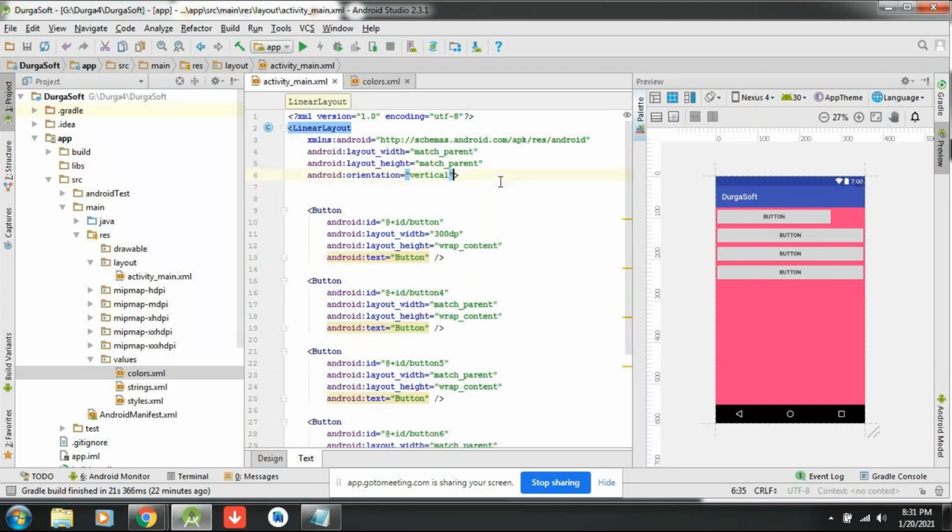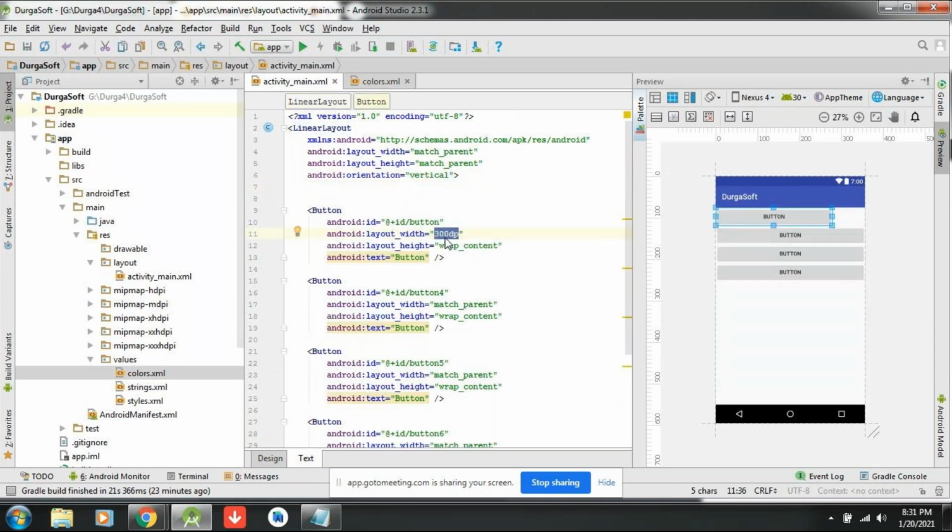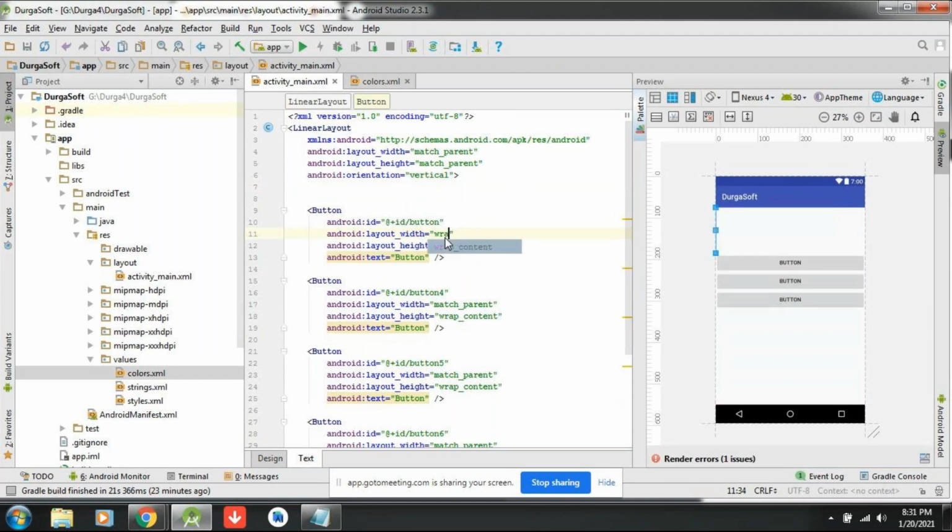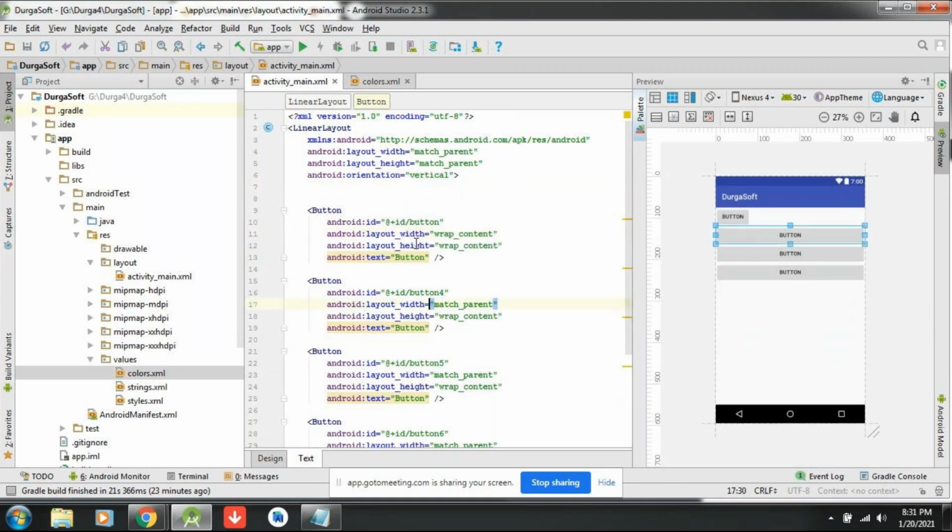Now see for the button, this width is 300 dp, or else let me write wrap content. See this button width, what it is showing? Wrap content. Why is it showing wrap content here? If I write wrap content, what happened? On the button some text is there. Up to that button text, it is showing the width. For example, this button width, how much is it? Match parent. That's the reason it occupies the entire width, right? So this one, if I write wrap content, what will happen? It will also come like above the button.